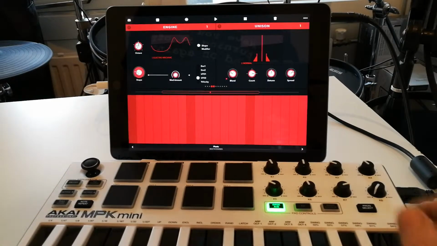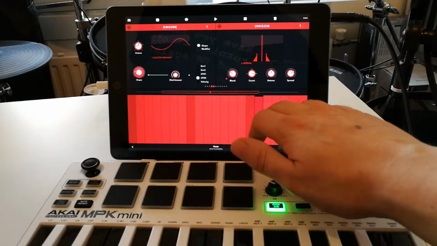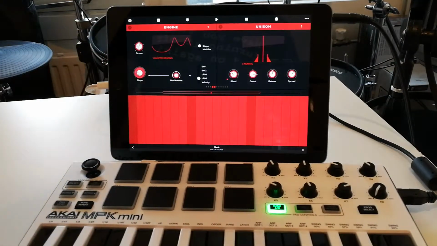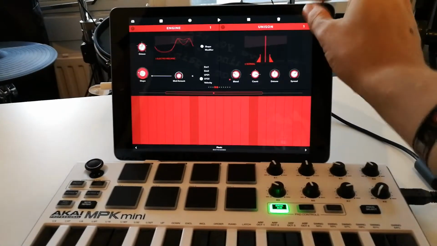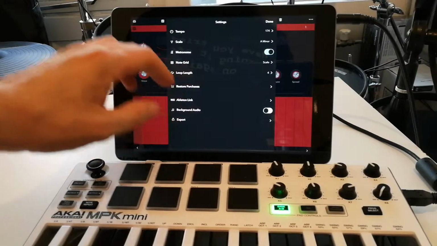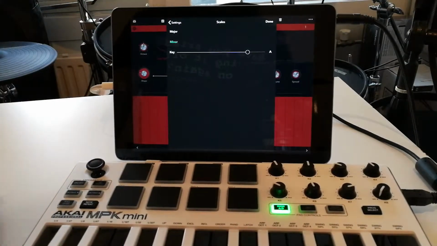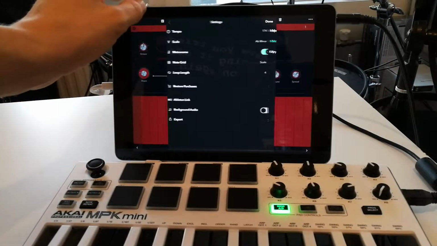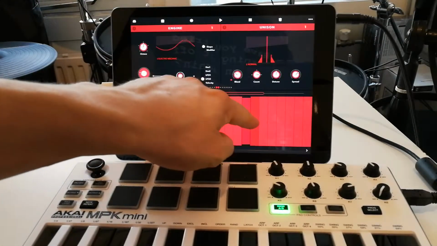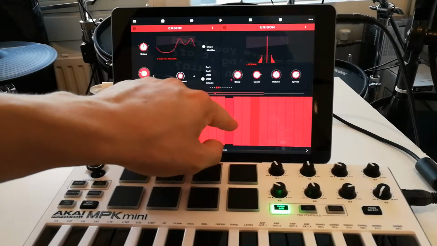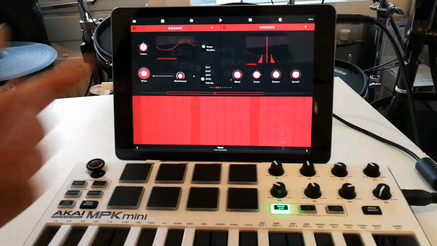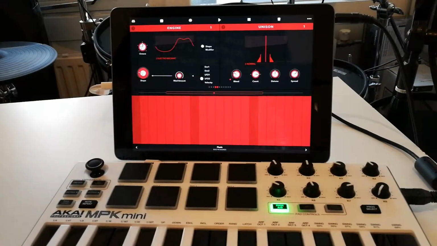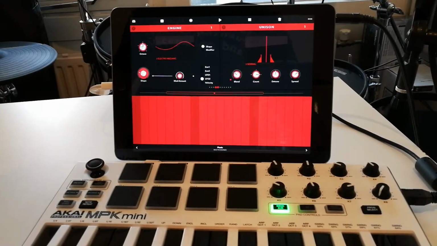As you might notice, there's a really big on-screen keyboard here, which is, well, it's fine, and you can set it to use a key, a scale. You can set it to any scale you want. You can set it to major or minor, and this way if you play anything on here, it will all be in the same key, which is fine, but in a lot of cases you will most likely not be using